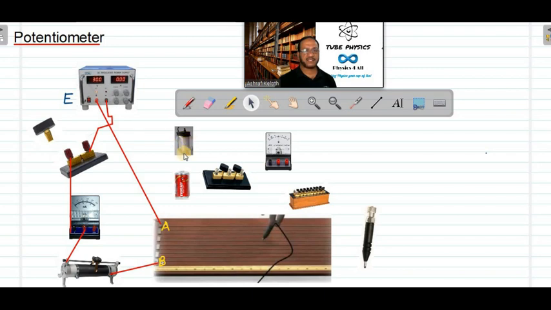This is Leclanche cell, this is dry cell. So first I will connect with the dry cell only, then we will explain how to compare the EMF. Three experiments are there. The first aim of the experiment is to compare the EMF of two cells. Second one is to find out the unknown EMF of a given cell. The third experiment is to find the internal resistance of a cell.